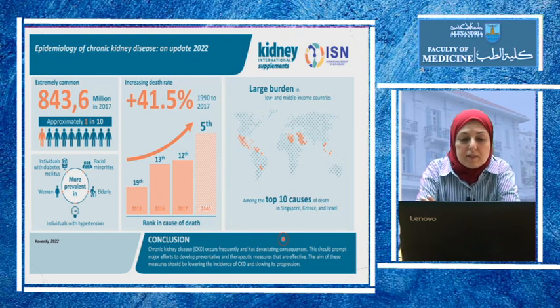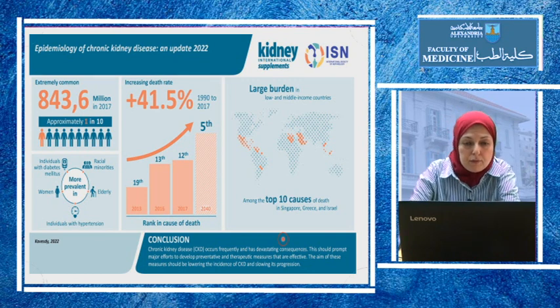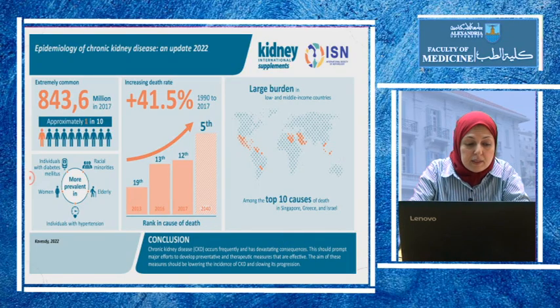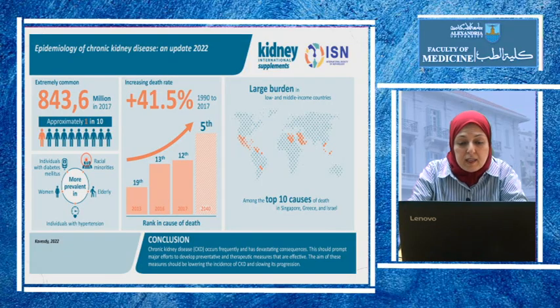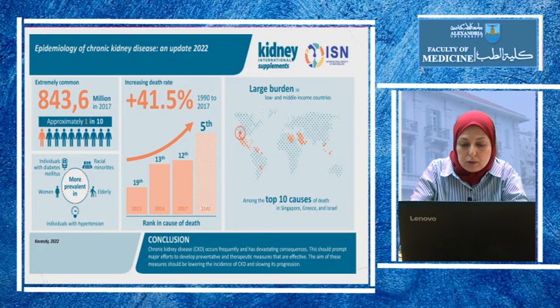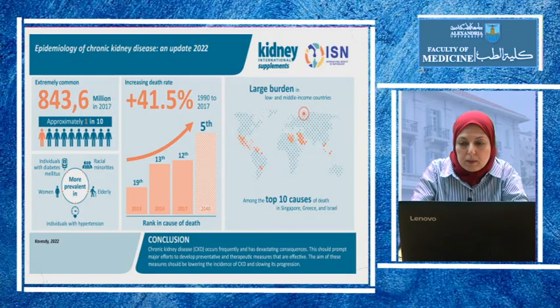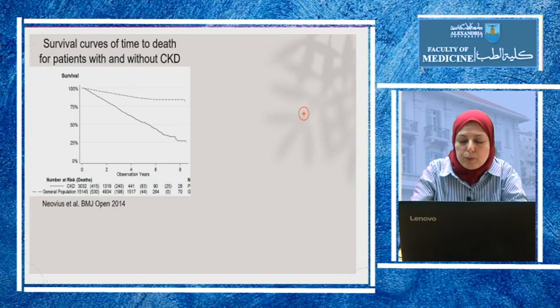Worldwide, chronic kidney disease is a rising disease, mainly because of a rise in its causes and its predisposing factors, with the aging of the community, increase in patients with hypertension, increase in patients with diabetes. It's also common in women and in some racial minorities, and it's expected to be the 5th most common cause of death by 2040, and it is one already of the top 10 causes of death in several countries. So it is very common, and actually probably more common than we think it is, especially because we are one of the low to middle income countries, but its whole burden is not known.